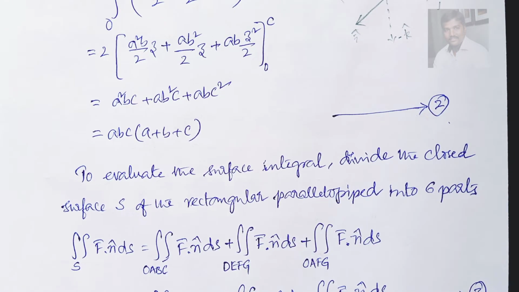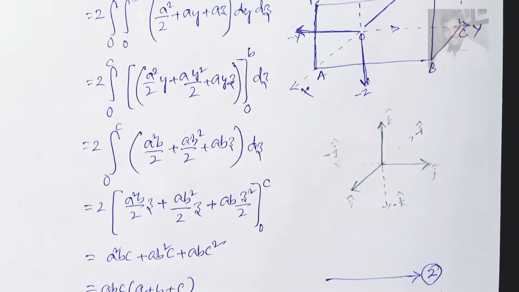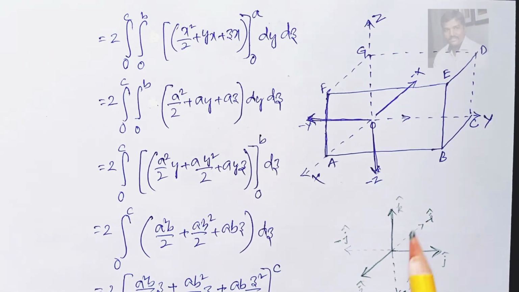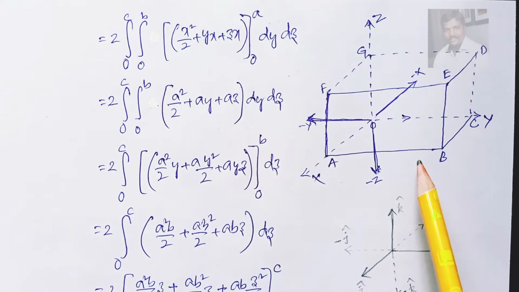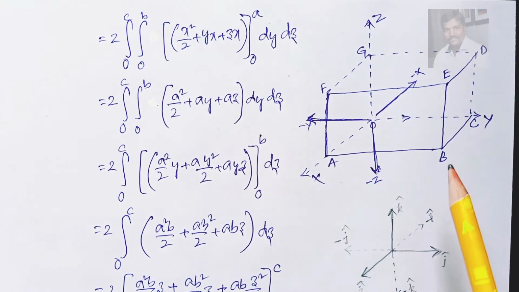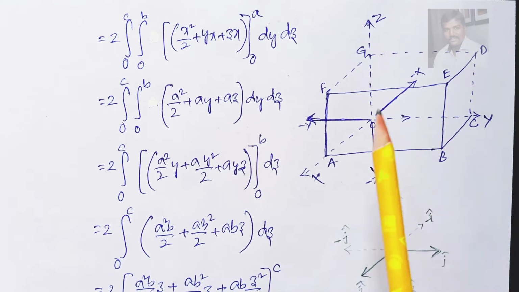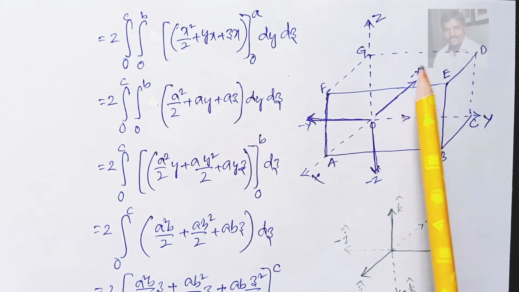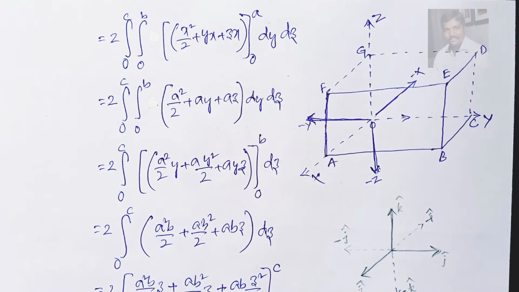This is very important and takes some time, because since it is a rectangular parallelepiped, here you can see the diagram we already have. This is the rectangular parallelepiped, which has 6 surfaces. You can see the left, right, top, bottom, front and back. Total 6 surfaces we have. So we have to find the values of all the 6 surfaces, and we have to add all those. It takes some time.